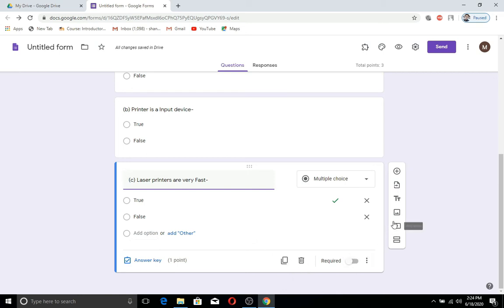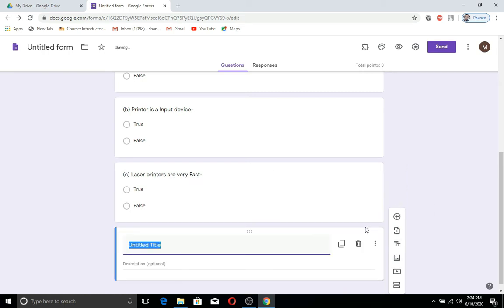So for adding an MCQ question, first of all you need to write a title. So click on this title button and write Question 2: Tick the correct options for the multiple choice questions.